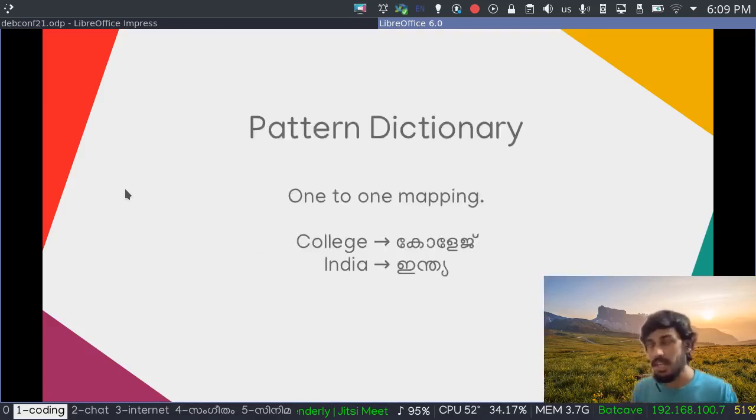There is another dictionary called the pattern dictionary. This pattern dictionary will do one-to-one mapping. For example, these words are not phonetically correct, because we write college, but this word is not really phonetically correct. So in that sense, we can assign a one-to-one mapping of these 2 words. So college and college. We will ask Varnam to assign college to college.